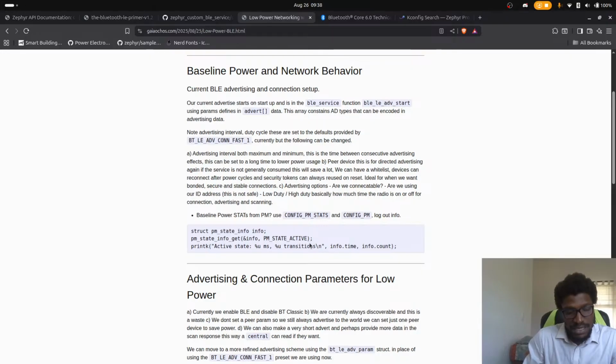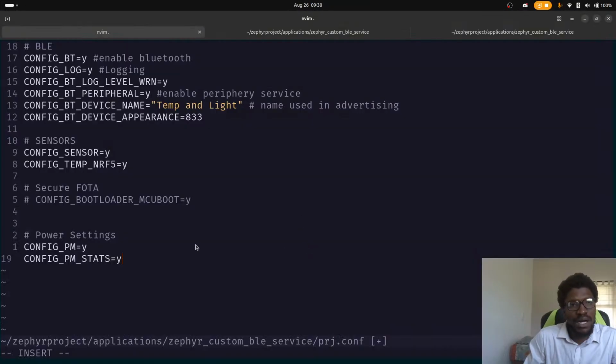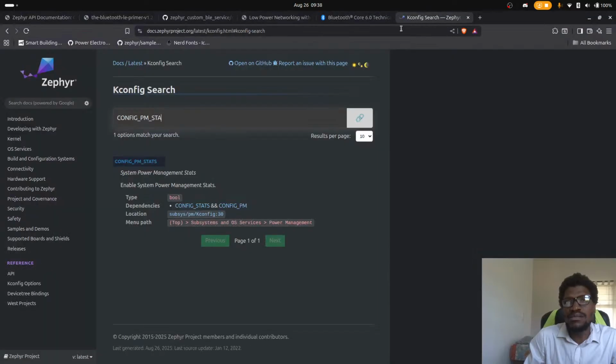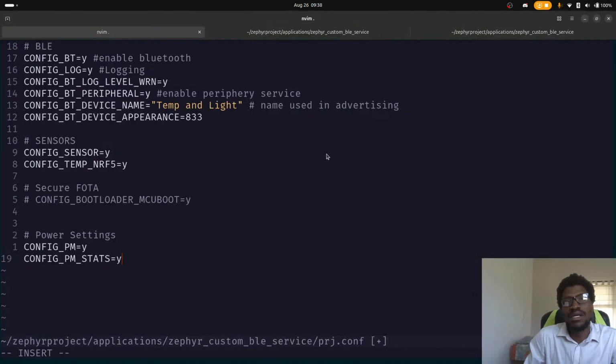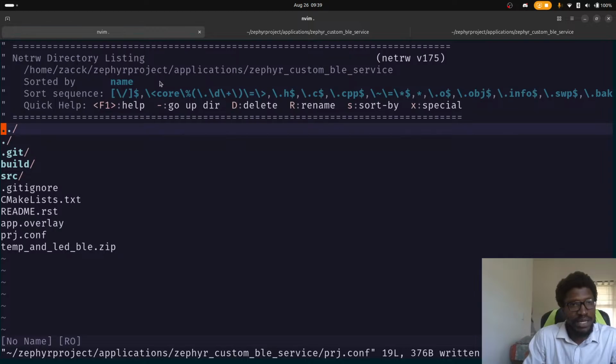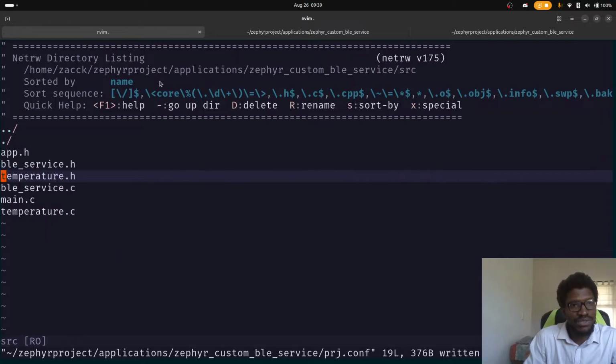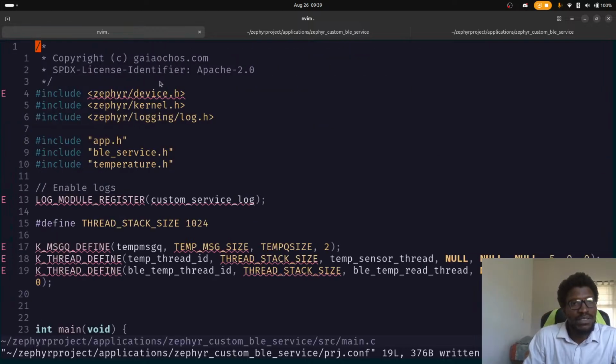Okay, cool. So let's do that and see how many. Is it PM stats? PM stats. Okay, cool. So let's go implement that in our... Yay, we're working in main today. That's so cool. So the first thing we need to do is probably add